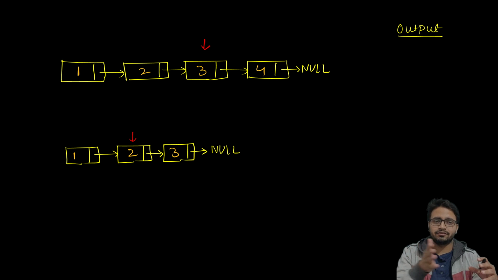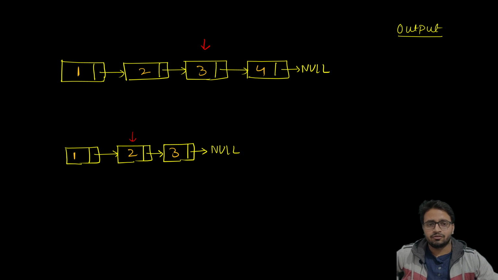In the first iteration, we can maintain one pointer and count the number of nodes. And in the second iteration, we can keep a temporary pointer, and we can point to half of the count. So in this way, we would reach the middle. But the approach I am going to discuss over here is the two pointer approach.